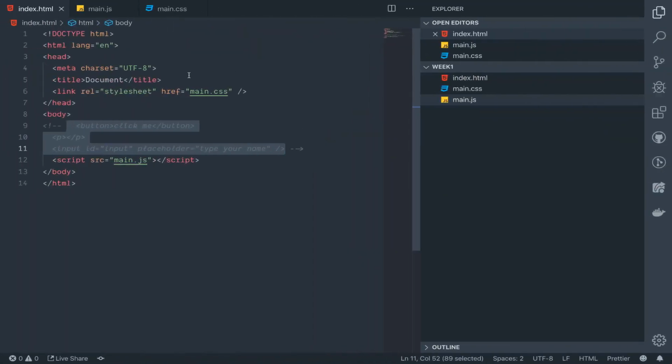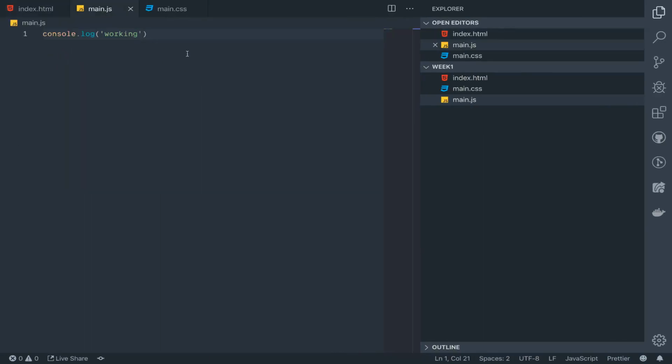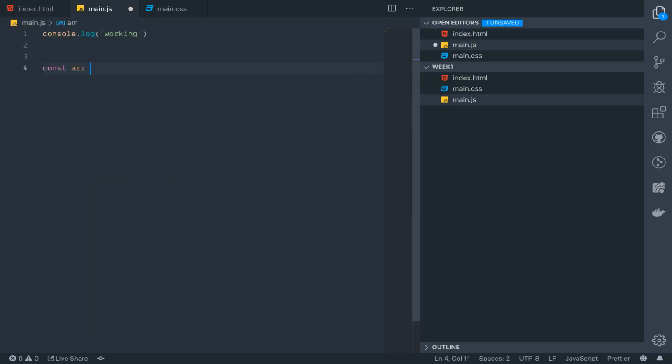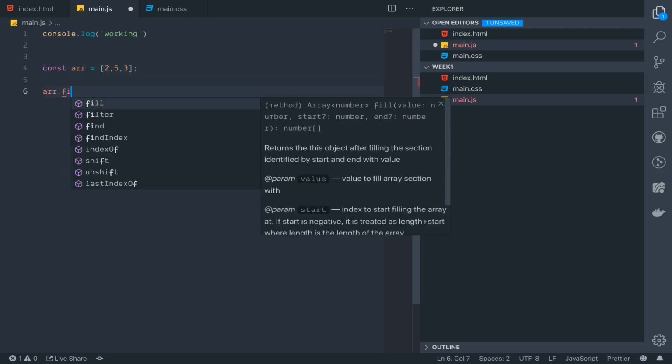So let's start with a small example. Okay, let's do the same thing actually. Let's do const array equal. We had 2, 5, and 3. Okay. We can say array.filter,